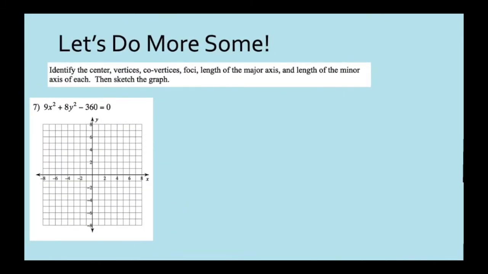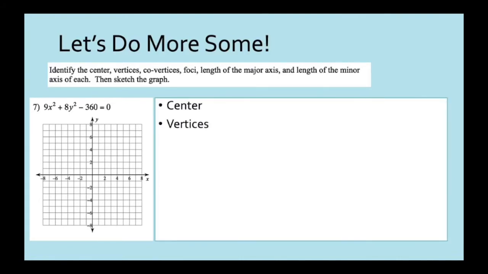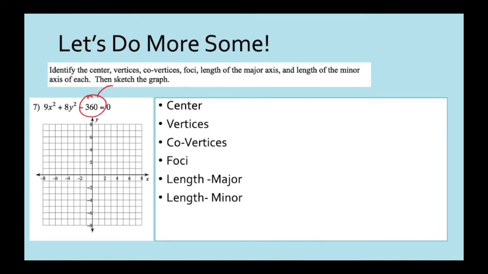This is not in our standard form. We're going to have to get it there before we can even find our a's and b's. We still have to find all of the other stuff that we found before. Let's get this into standard form. I'm going to start by moving that 360 over. So we will have